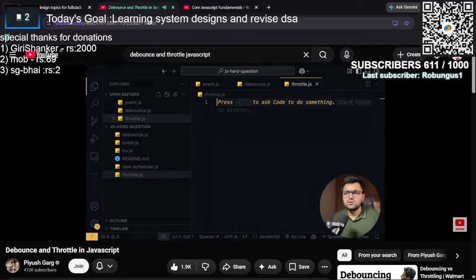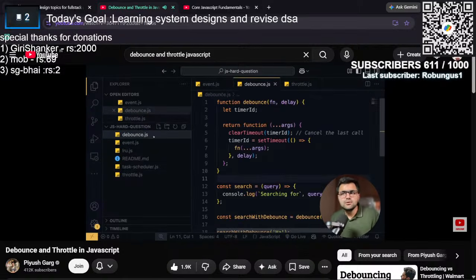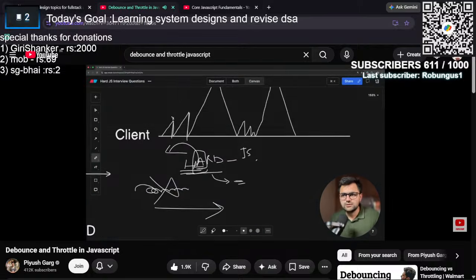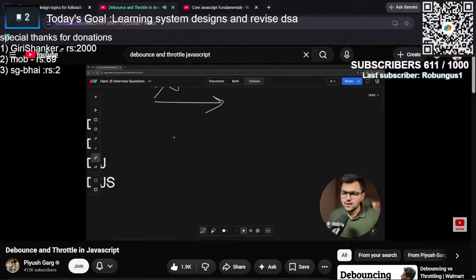throttle.js. अभी थ्रॉटल क्या होता है, अगर आपको डिबाउंस समझ आ गया ना तो थ्रॉटल समझने में ज़्यादा टाइम नहीं लगेगा। चलो एक काम करते हैं, थ्रॉटल को समझते हैं, ठीक है, थ्रॉटल क्या होता है। So थ्रॉटल के लिए भी मेरे पास एक कहानी है, चलो थ्रॉटल की कहानी सुनाता हूँ। तो let's say वही हमारे पास छोटी लड़की है, ठीक है, तो यहाँ पे हमारे पास छोटी लड़की है and वही हमारे पास उसकी मम्मी है। उसकी मम्मी ने, ठीक है, एक बनाई लेते हैं ना, ये लो, ये वो छोटी लड़की है and ये उसकी mom